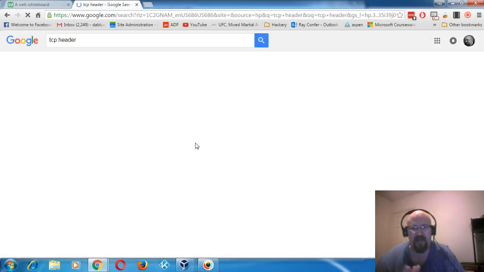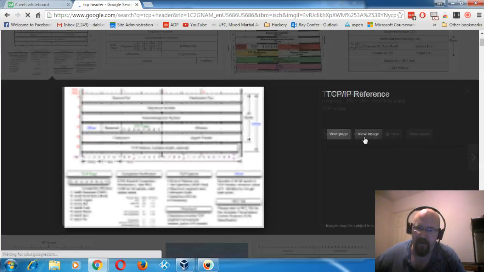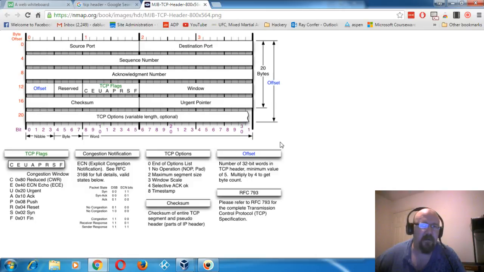So some people that I ask about this sort of thing, they kind of get the idea about three-way handshake. They understand that a little bit, but they don't know kind of the details of it. So I want to go over that real quick here. So if you look at a TCP header,